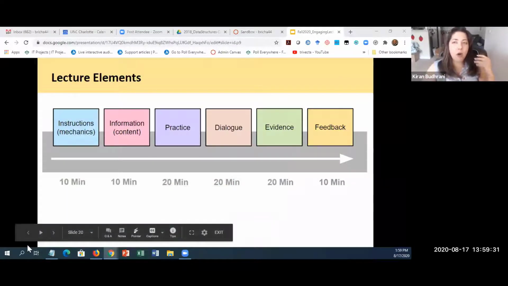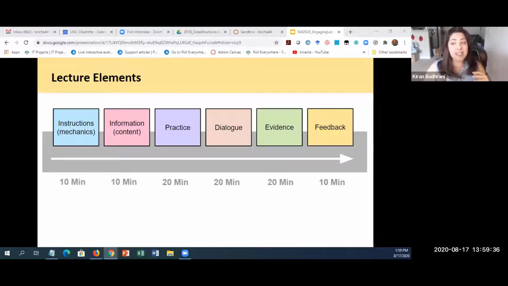And you think all activities you do throughout the semester in every class can actually be categorized in 6 simple elements. That activity that you do will either be a set of instructions you're giving students, or it might be a set of information or content that you're presenting to them, or you're asking them to access, right? For example, you might be presenting PowerPoint slides, or you might be giving them something to read. You might be giving them a website to access. It's all information giving. That's a second element.